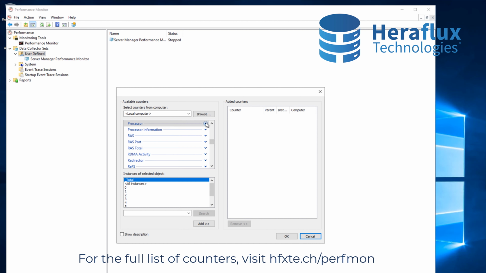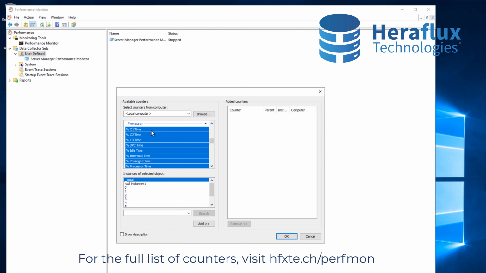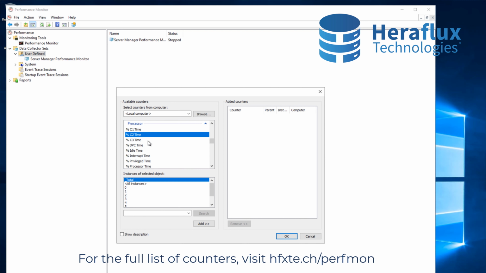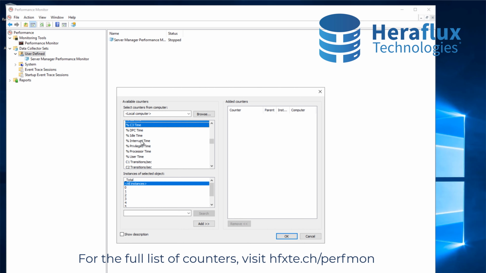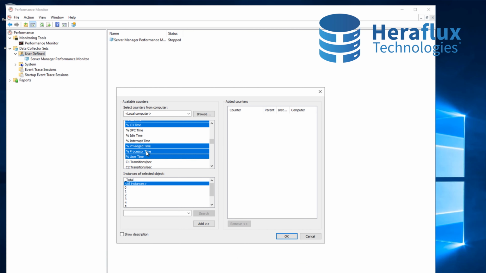Okay, first of all, it's under processor. What we're going to do is select the things that we care about related to overall usage, processor usage by process, and processor usage by system kernel time. This is also listed here as privilege time. One big item to note: